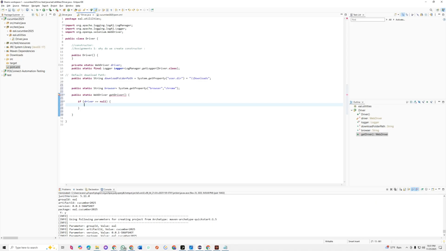Now, if the driver is null, we have to insert. Okay, now